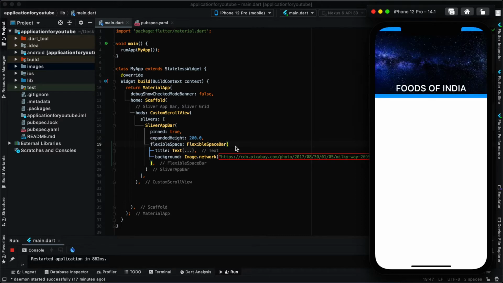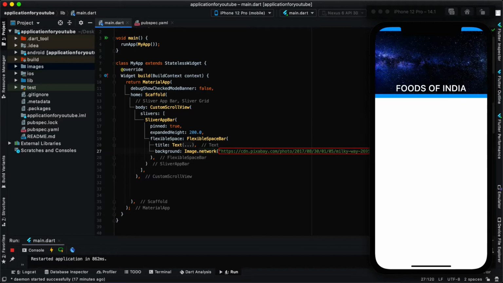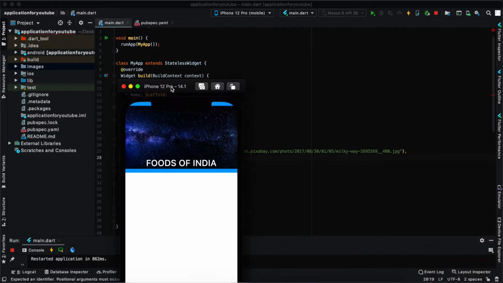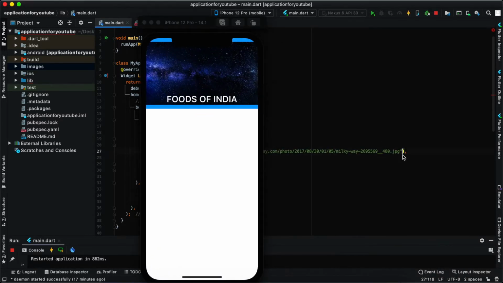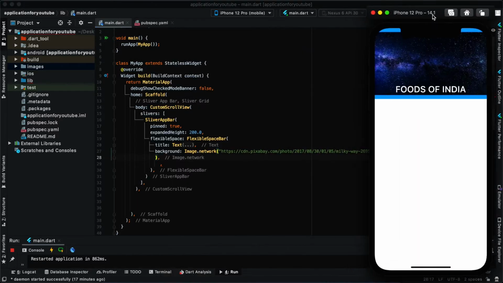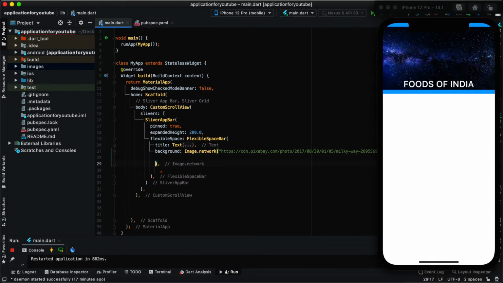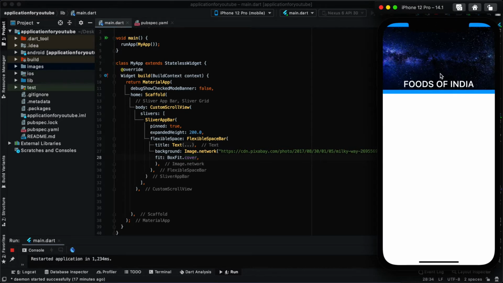So it appears like this, and obviously I'll be needing some space after this, so I'll embed it inside a fit. It is BoxFit. Let me do BoxFit.cover so that it will cover this entire bar. Yes, it covers this entire bar.